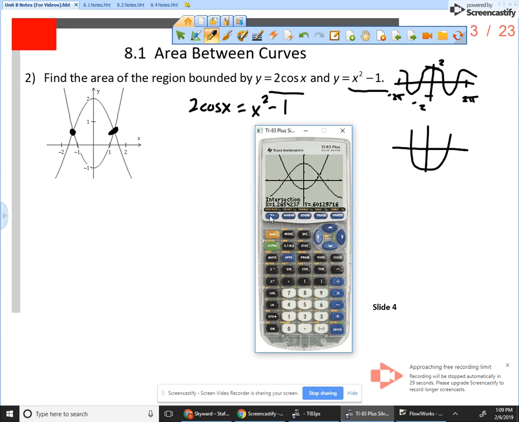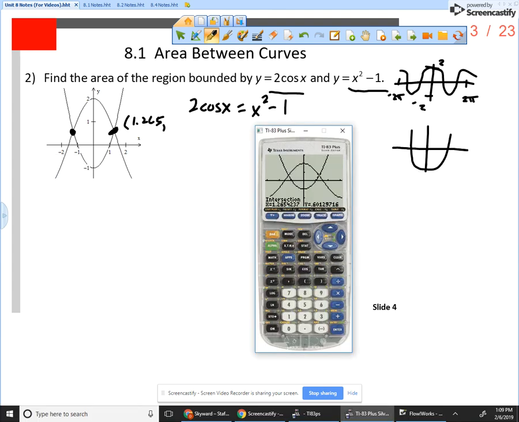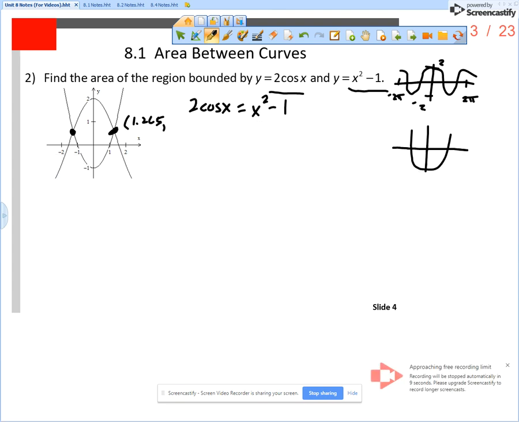So I get that x is equal to 1.2654. I'm going to round to 3 decimal places, 1.265. So this is 1.265, comma, and I'll write down the y value as well, 0.601. Now, you could get the other side by guessing negative 1, but you should know that this thing is